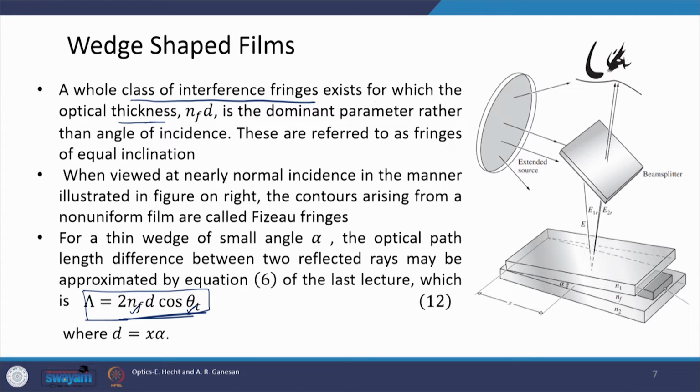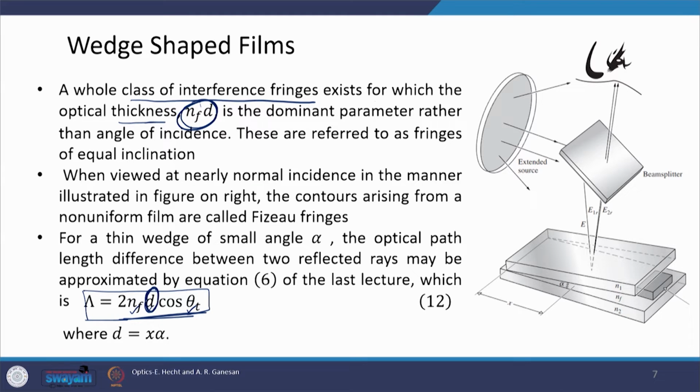If the path difference is angle dependent, then we get fringes of equal inclination. It is also possible that we have a film in which d is changing, d is variable, and in that particular case fringes become d dependent, they become dependent on the thickness of the film. And therefore, the dominant parameter now becomes NF into d, which is optical path length in a medium of